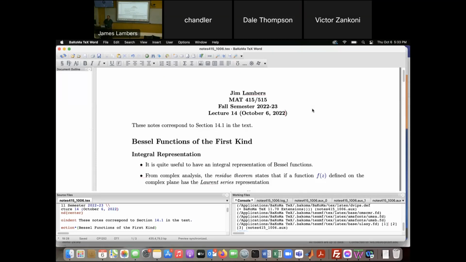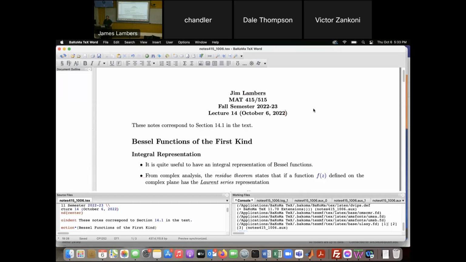I think we're going to put that comment out there. Anyway, I guess, well, explaining that, although I can say that I actually have personally found integral representations of Bessel functions to be useful in my own research. So,